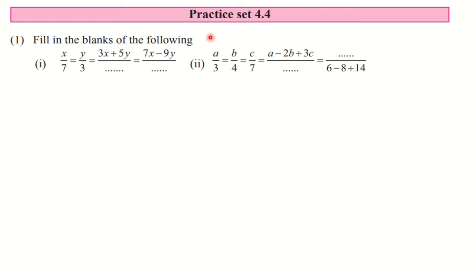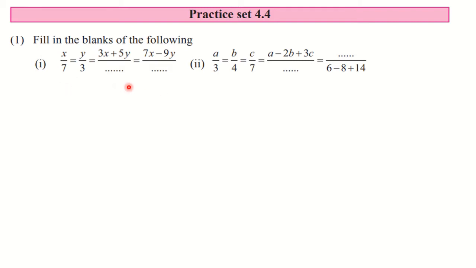So now we are starting with practice set 4.4, which is based on the theorem of equal ratios. The first sum I am solving for you. The second one, which is similar, you will solve by yourself using the same method as in the first one. Here two fill in the blanks are given. We are going to solve them separately first,